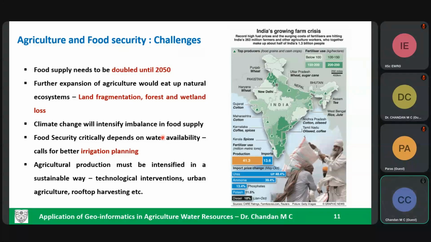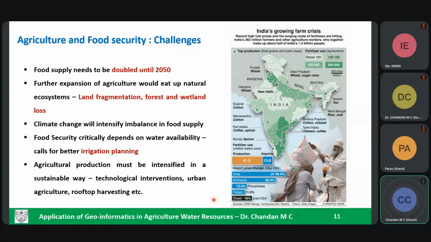Then if we specifically look at the agriculture water use in terms of irrigation, in India, we have to focus on better irrigation planning. Why? Because if you see certain areas in Karnataka, if I take for example, regions like Mandya, it is overly fed with a lot of irrigation water. So how can we balance this so that that water can be given to some other farms where it is really required? And agriculture production, as you know, must be intensified in a very sustainable way, and we need technological interventions for that. In urban areas also, there have been many workshops which majorly focus on rooftop harvesting and